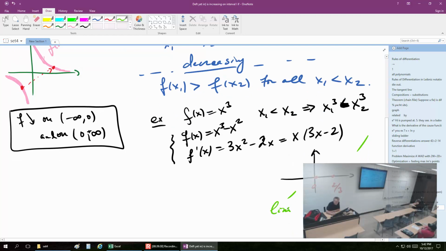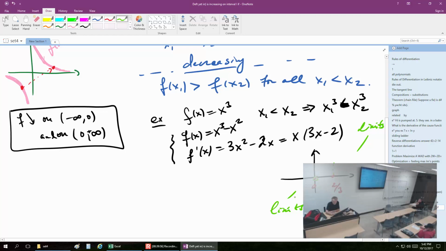From the limits, you can establish this. And then we know that it crosses the x-axis here, but over here it just stops somewhere. It has a zero derivative and a zero tangent line, which means that